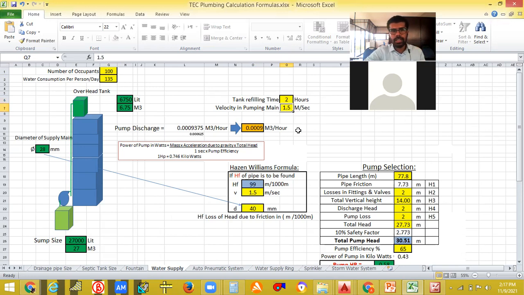That's a constant; we know it from the NBC, which stipulates the velocity in the pumping main. So I will also get the pump discharge. I think this is in meter cube per second.